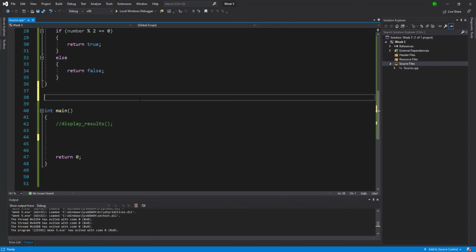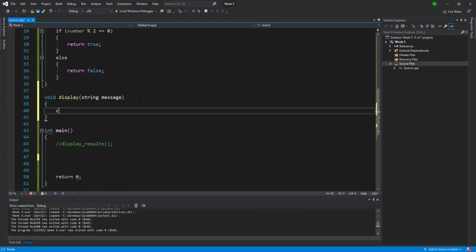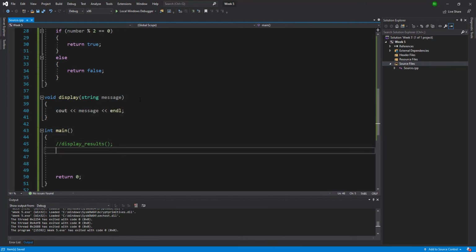So what I'm going to do, void display, and I'm going to pass something inside. So I'm going to do string message. And I'm going to just display this message. I'll do a message and this one, and I'm going to call cout. I am inside the main method or main function,